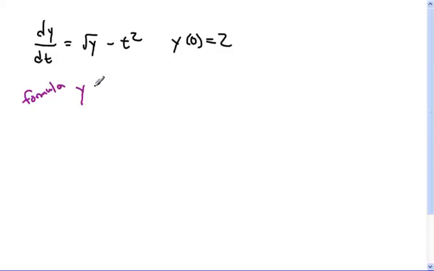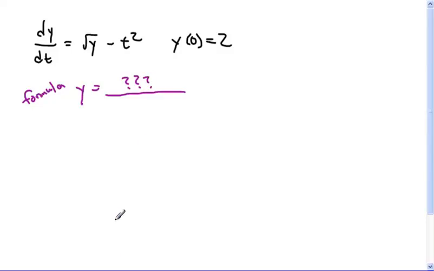Suppose I gave you a differential equation dy/dt equals square root of y minus t squared. And suppose the initial condition is that y starts at 2. Okay, this differential equation, I don't know that I could solve it in terms of coming up with a formula. I don't know that I could give an analytic solution to this. I haven't given it too much thought, but I think this would be very tough, if not impossible, to solve. So I'll just put a question mark. Maybe somebody could solve it,